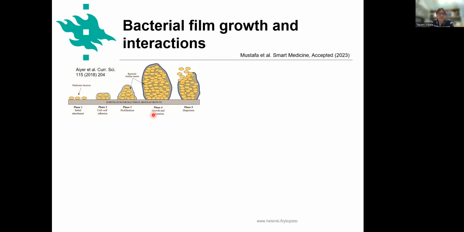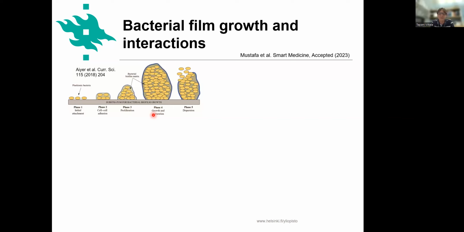I think WHO has put it as one of the top 10 threats for human health in the world, and it's very difficult to study the interactions of drugs and nanoparticles with biofilms, and maybe also to understand the growth mechanisms of biofilms. So we thought we could monitor the biofilm growth in real time, first of all, to characterize how biofilms are growing as a function of time. And then we can use that biofilm later on to inject some antimicrobial compounds